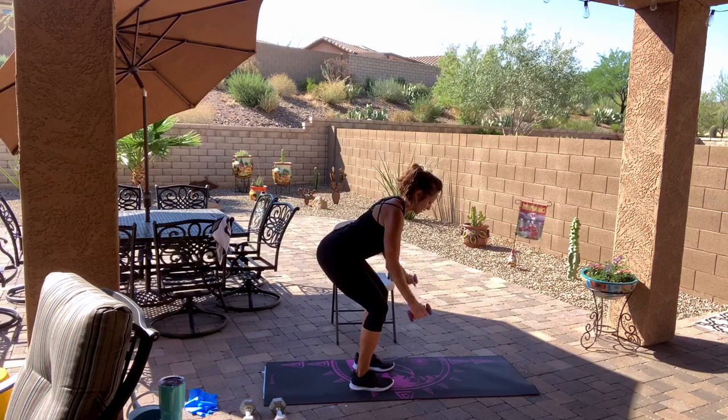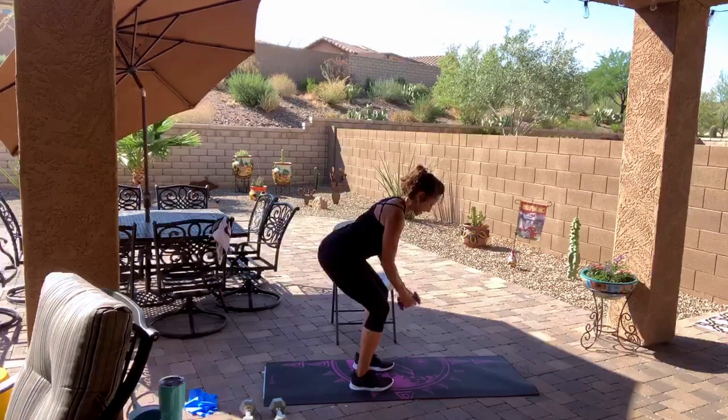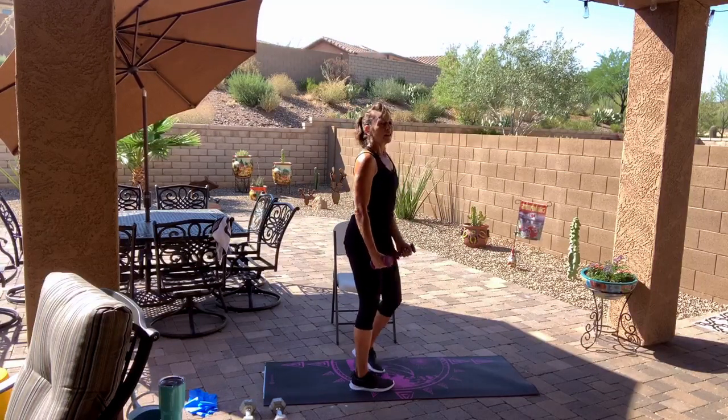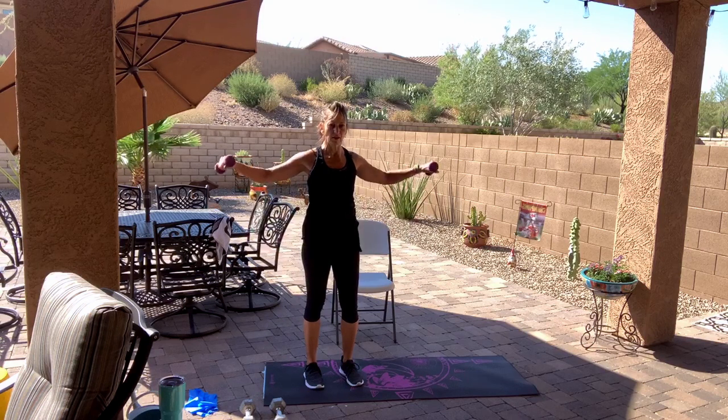5, 6, 7. Squeeze that pencil. 8, 9, 10, 11, 12, 13, 14, 15, and stand up. Now if you find yourself jutting your head forward as your arms come up, you need